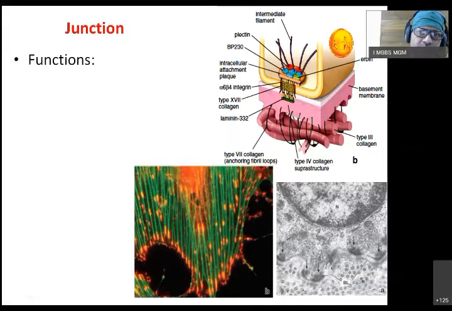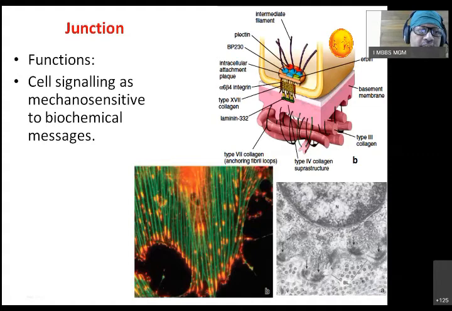Functions of the junctional complex. A very immense function is cell signaling. That is the important thing. We know that there is a separate branch called cell signaling. This is how